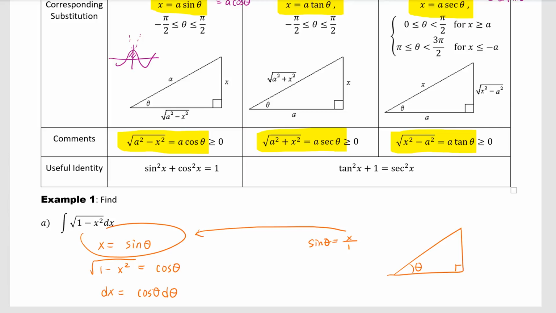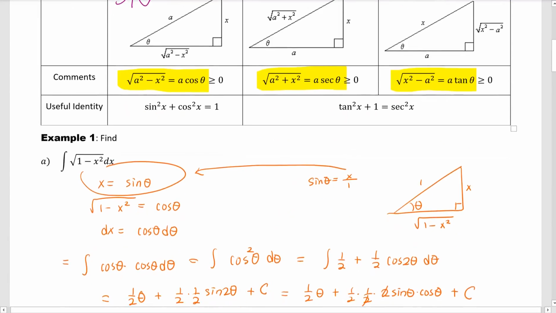Sine theta is the opposite over the hypotenuse. So the opposite is x, the hypotenuse is 1. Then what is the adjacent? By the Pythagorean theorem, this is the square root of 1 minus x squared. So that is why here,